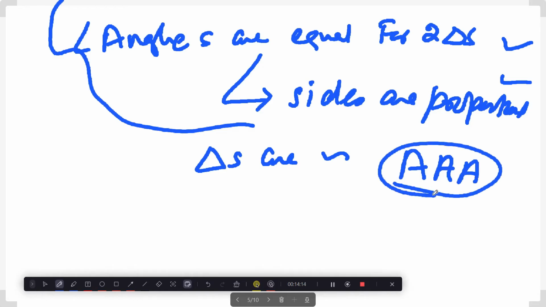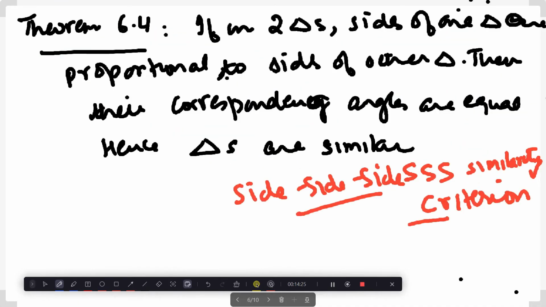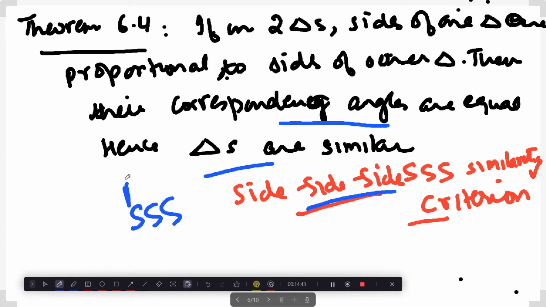Okay. Now if we have this, we would have something similar on the opposite side also, that if sides are proportional, then are the angles equal, right? And are the triangles similar? So we are going to move on to that. This is the next step. If in two triangles, sides of one triangle are proportional to sides of the other triangle, then their corresponding angles are equal, right? And triangles are similar. And this is known as what? Side, एस एस एस, इसके पहले वाला क्या था, ए ए ए criteria.